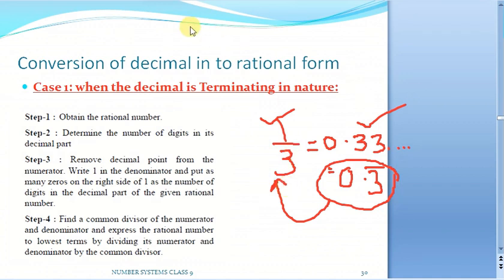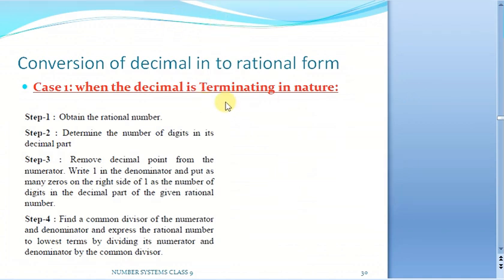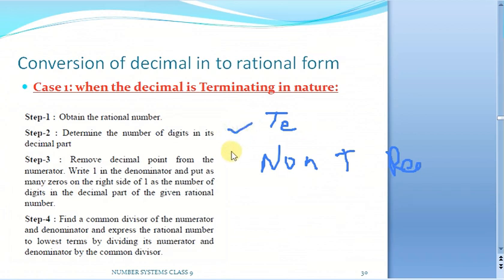So let us start. We have already seen that we will be coming across two types of decimal expansions in case of rational numbers. Why are we only bothered about rational numbers? Because only they can be written in the form of p by q. Remember, irrational numbers cannot be written in the form of p by q, where p and q are integers. So under rational numbers we have either terminating or non-terminating repeating. We shall see both the cases of how to convert them into the rational form, which is our p by q form.